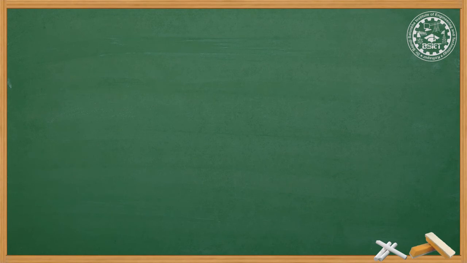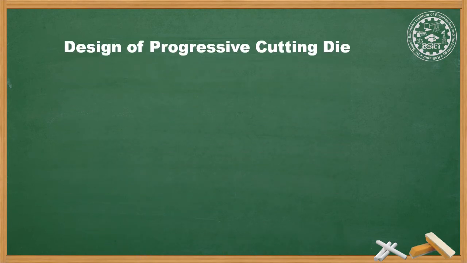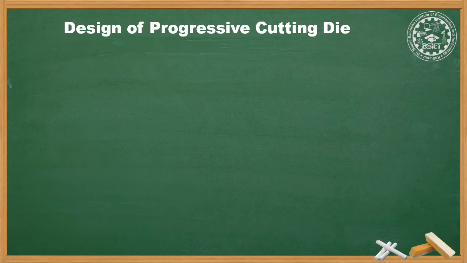After understanding progressive cutting dies, now the design of progressive cutting dies. A progressive die performs a series of fundamental sheet metal operations at 2 or more stations during each press stroke in order to develop a workpiece as the strip stock moves through the die. The workpiece on a progressive die travels from one station to another with a separate operation being performed at each station.